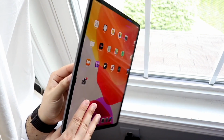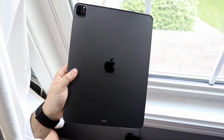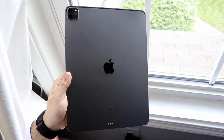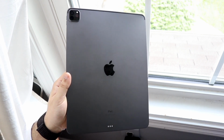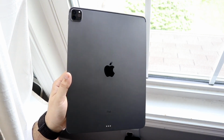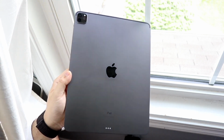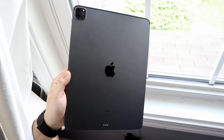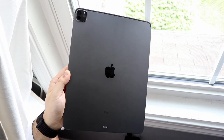Now, what was very funny about this specific iPad was that a lot of people, including myself, thought that it was a pretty small upgrade coming from the previous generation. The 2018 iPad Pro was a massive upgrade coming from the 10.5-inch iPad Pro that came right before it. It brought a better display, it brought a better build quality, USB-C, it brought kind of a better camera here and there, but that newer design with the lack of home button was the main selling point, I would say,